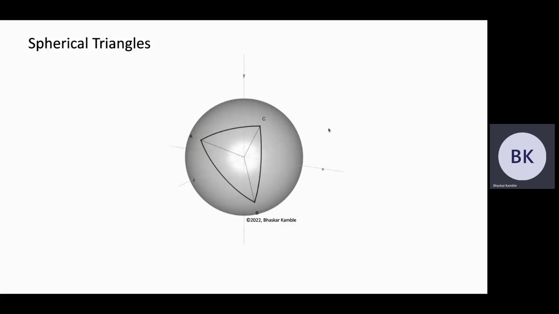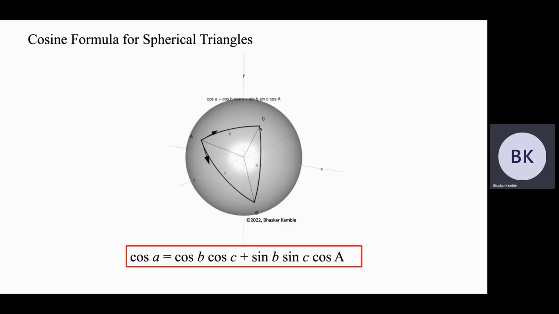So let's look at those differences. To begin with, the sides of a spherical triangle are not given in terms of the length of these arcs. Instead, they are given by the angles these arcs subtend at the center of the sphere. This is not a very major difference, because the length of this arc is proportional to the angle subtended at the center. It's just the radius times the angle is equal to the length of the arc. So these 3 sides are defined in terms of the angles they subtend at the center, and these 3 angles.